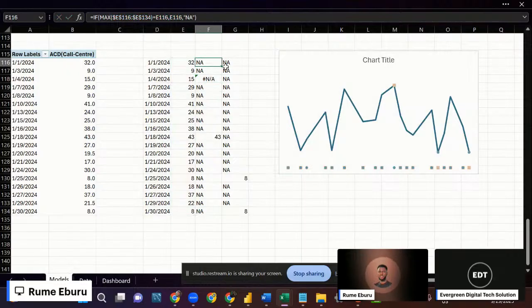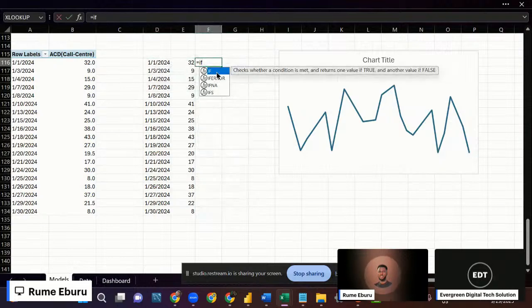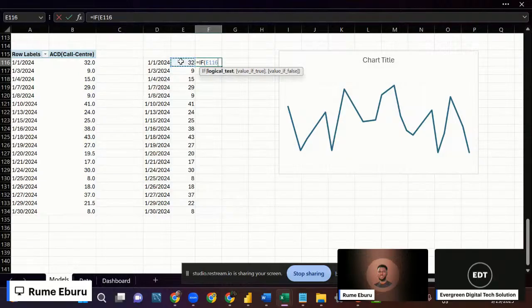Okay, so let me recreate this part again. What you do once you have this, just come here, this is equals to IF the maximum value here from here to here, with the maximum value, then just press F4 to lock it in. If it's equals to this particular value here, then comma, let it be that same value,